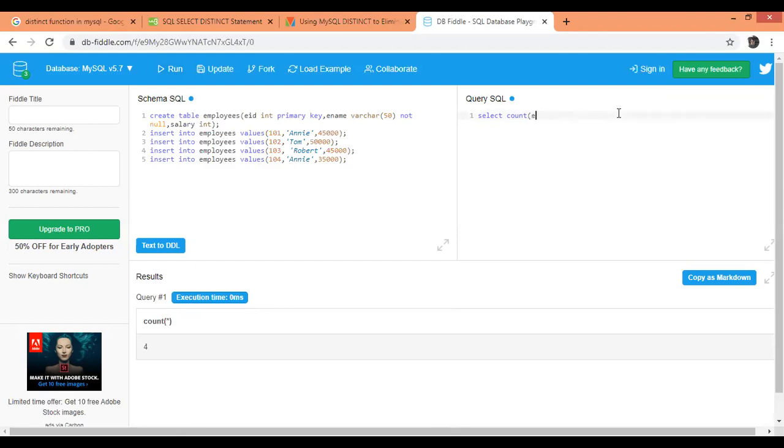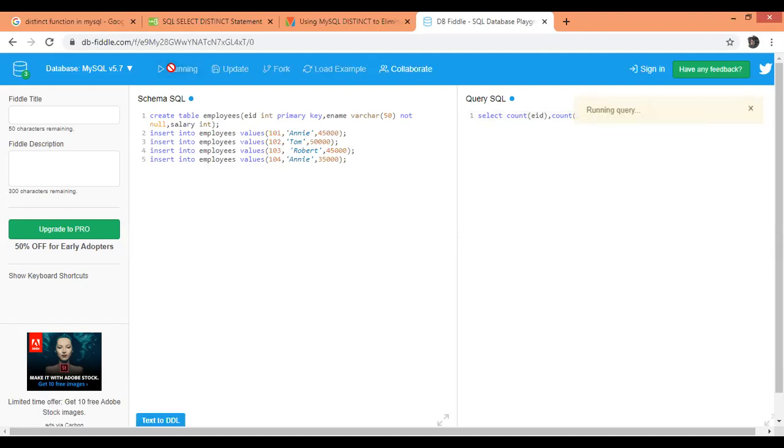Now again, I'm going to use one query. I'm selecting EID, comma, count of EID, and now I'm going to use the keyword distinct: count of distinct salary from employees.